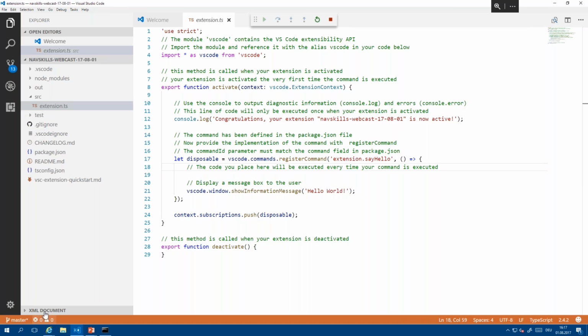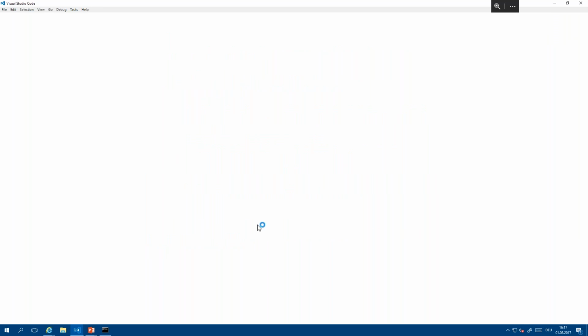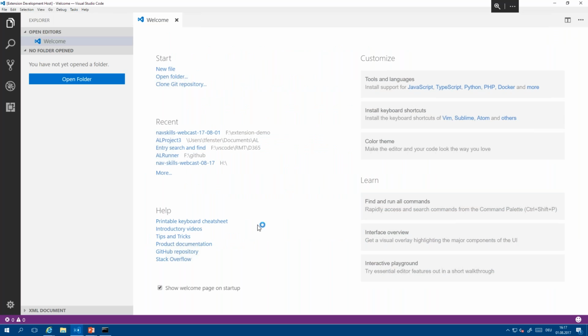As you can see below here, it compiled and it ran. And here you can see the first interesting thing. As we are developing a Visual Studio Code extension, a new instance of Visual Studio Code is opening. It's called an extension development host, as you can see in the top left. I hope you can read it. So this is the environment where our newly built extension is actually running.